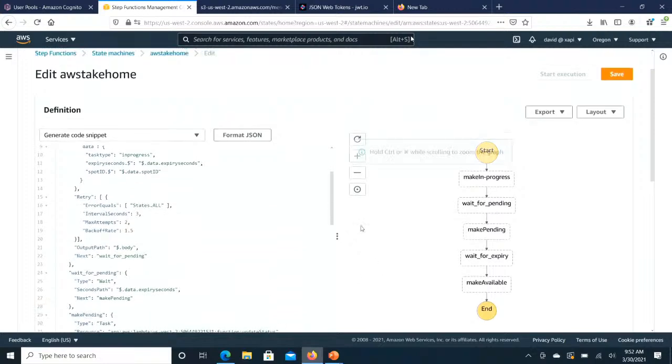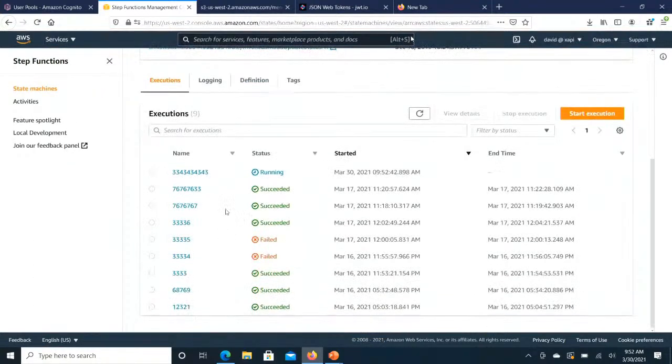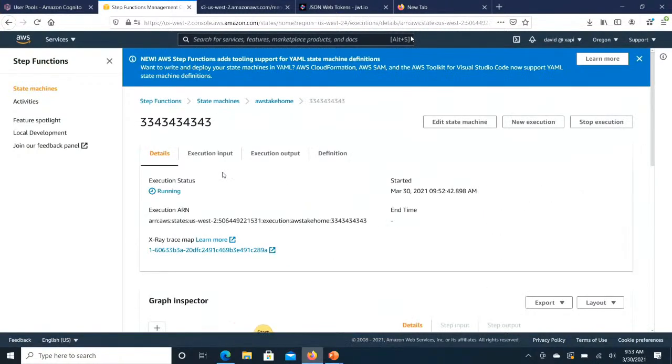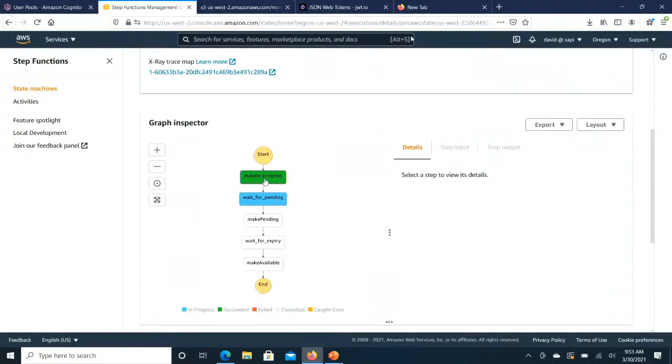Now here in the service, if I go back to my little application, you'll see I have an execution now running, right? And that running state execution gives me some visualization of what state it's in. So it's in this make in progress state. It fired off this little Lambda function. That Lambda function basically stored that information into a table so that it updates the map and basically now shows that parking lot. I took it, I bought it for 30 seconds, and it is now unavailable.